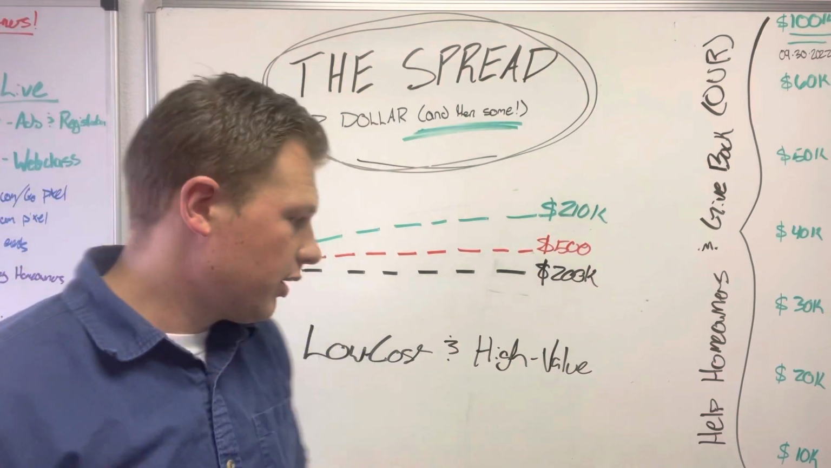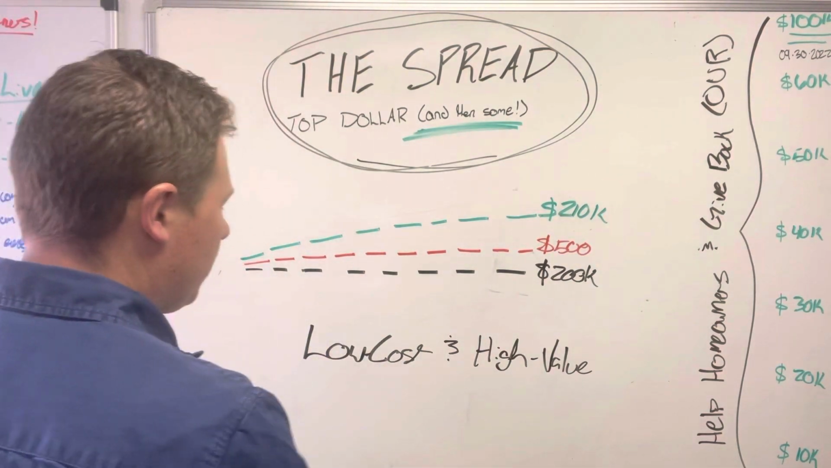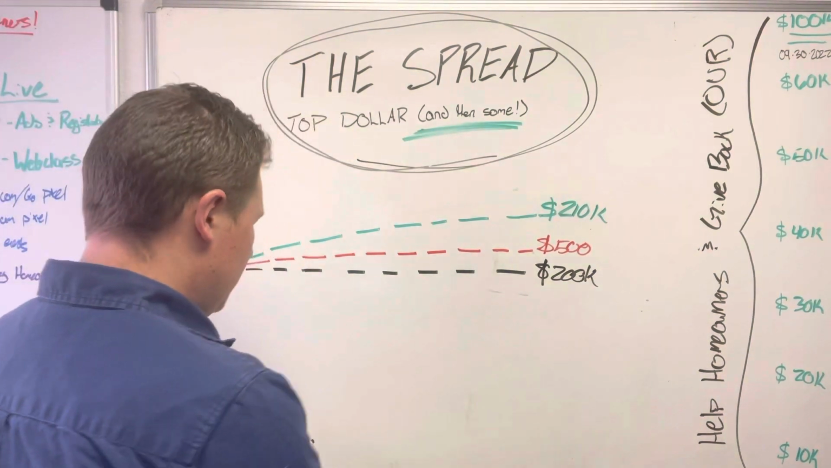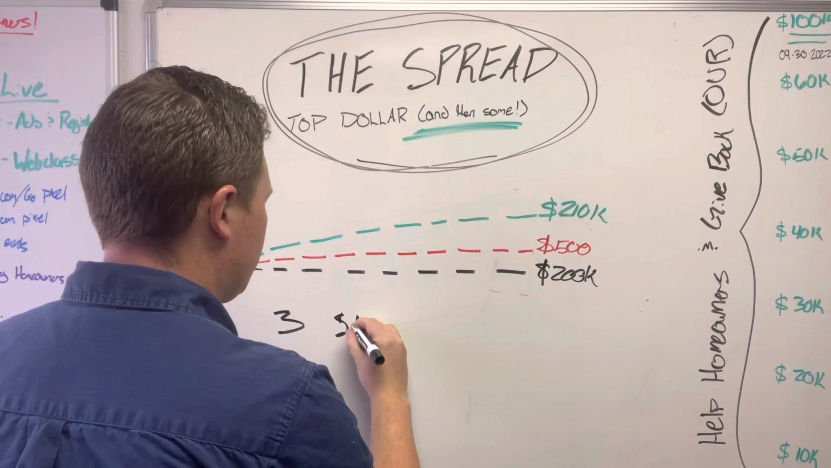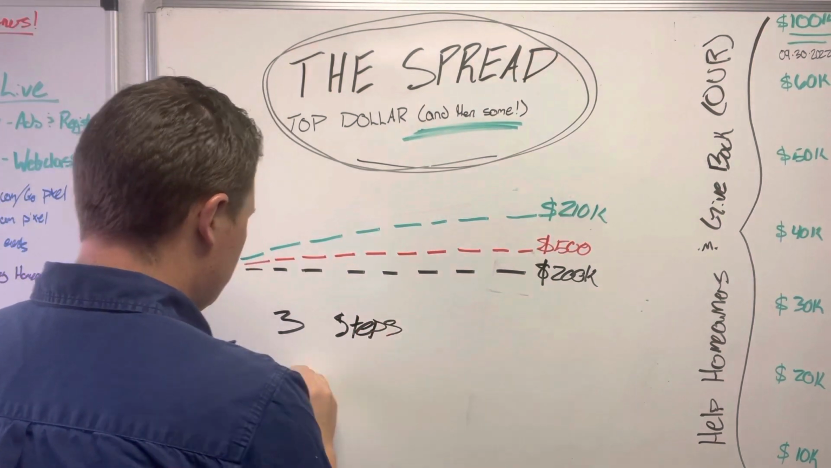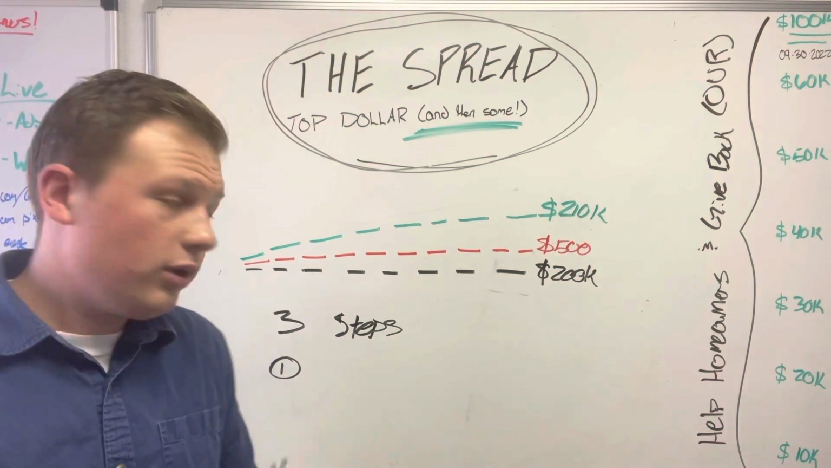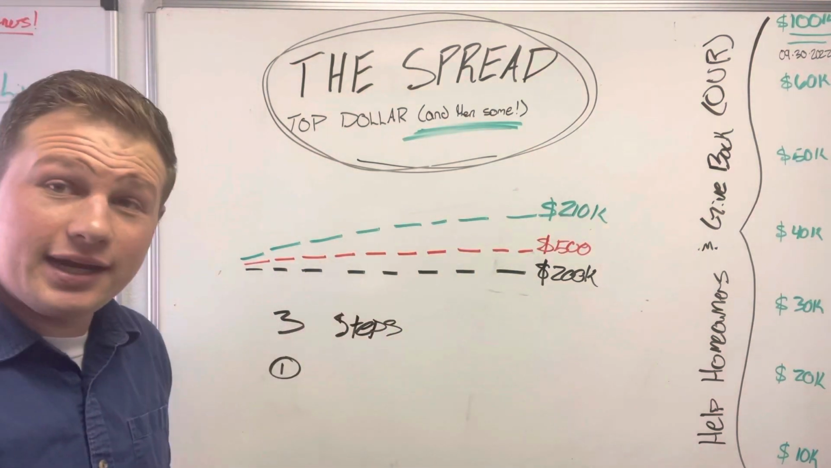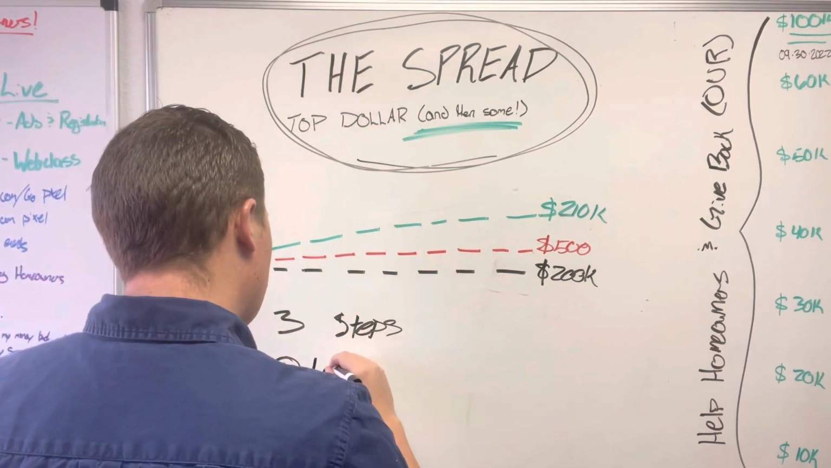Now, how do you do that? Well, we're going to break that down. Let's see where I've got room left on my whiteboard. I'm just going to go ahead and erase this. We're going to break this down into 3 simple steps. Step 1, you are going to find line items from somebody somewhere that are, like I said, low cost